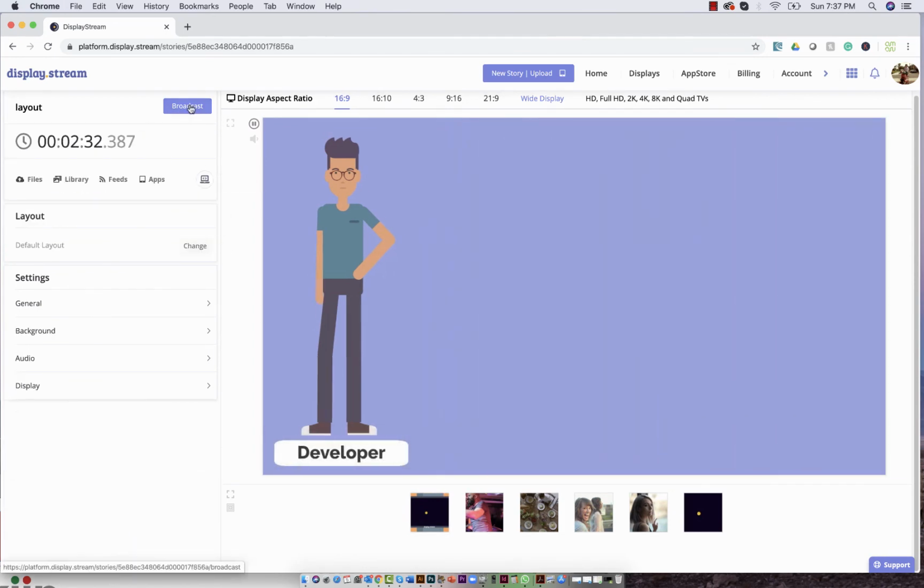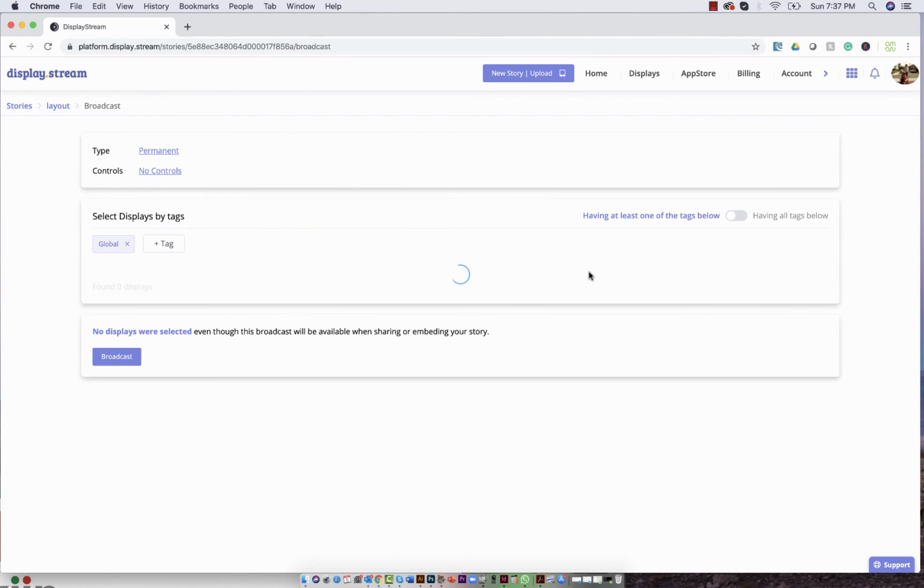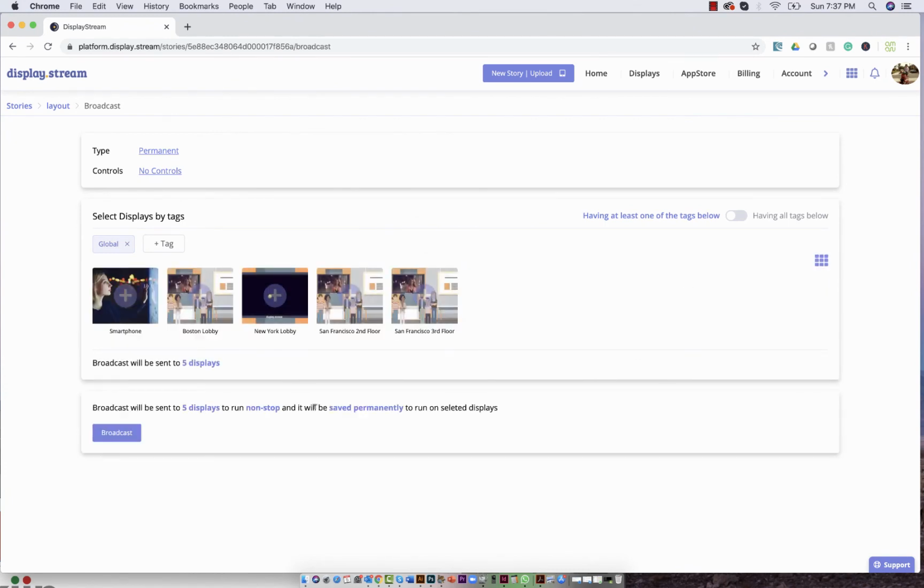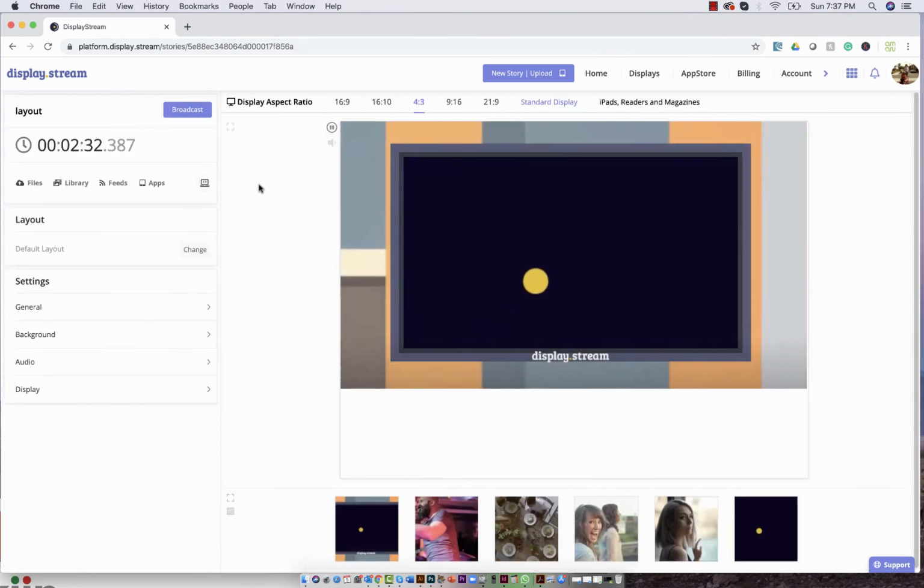And over here is your broadcast button. This is where you click broadcast and select what displays you want them to be broadcasted to. And that's it for the basic